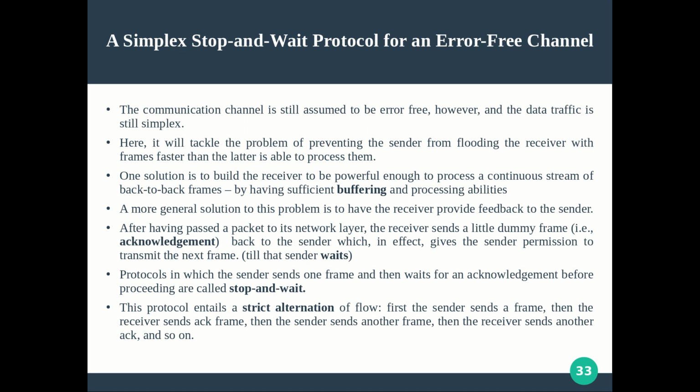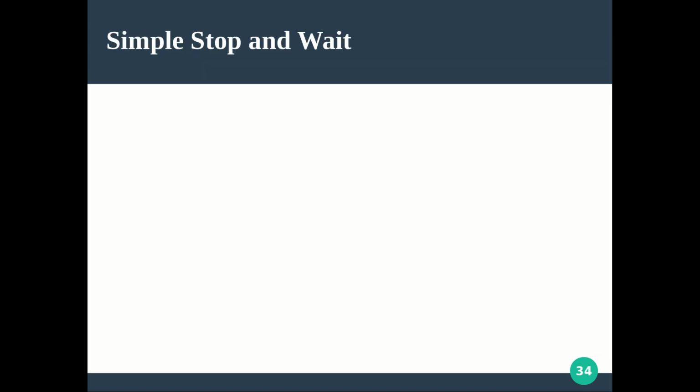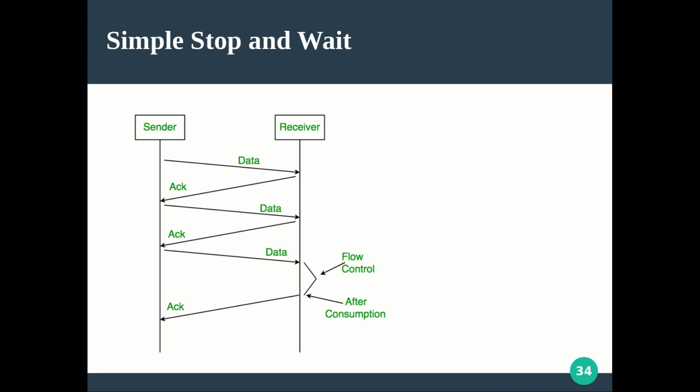But see, we didn't handle the issue of error, because in case of error there might be different scenarios, like the sender sends the information but it does not reach the receiver. If it reaches the receiver, then the receiver can send back the acknowledgement, right? So what will happen if the acknowledgement itself is lost? Like that, many scenarios will occur when you assume the underlying channel to be noisy, but it is not an assumption, that is a practical case. So now we have to handle all those situations, and how it is to be done, we will see in the next video.